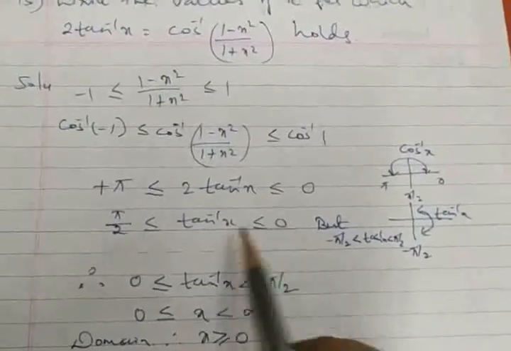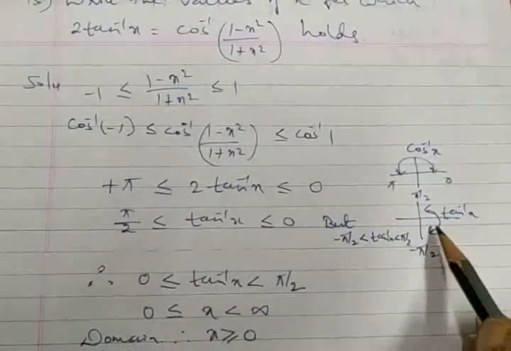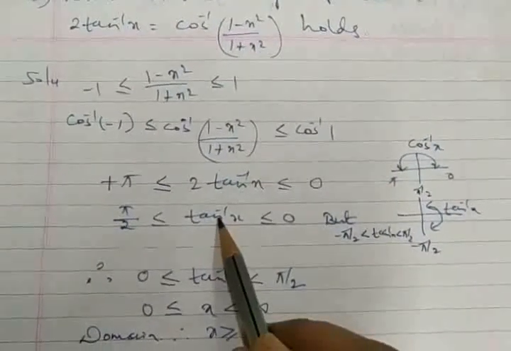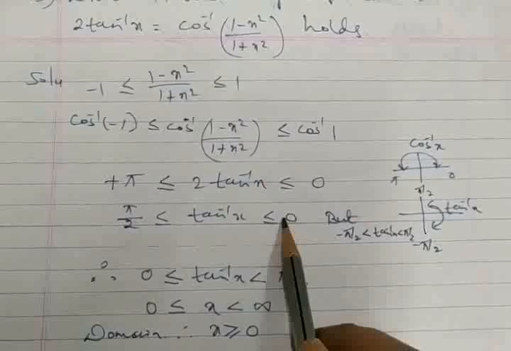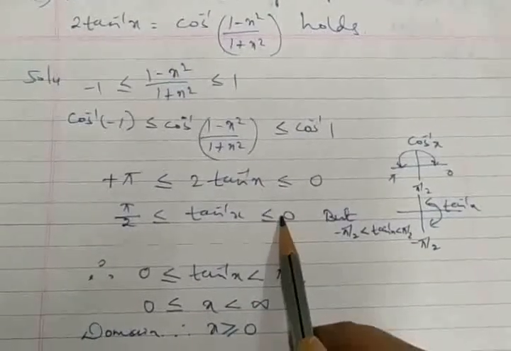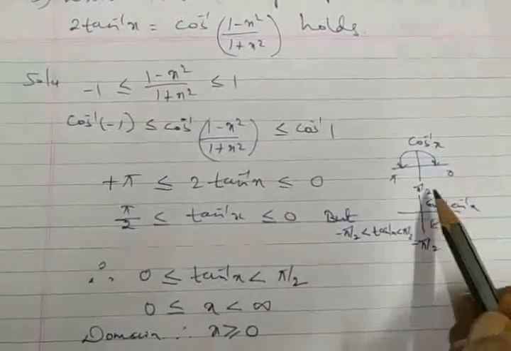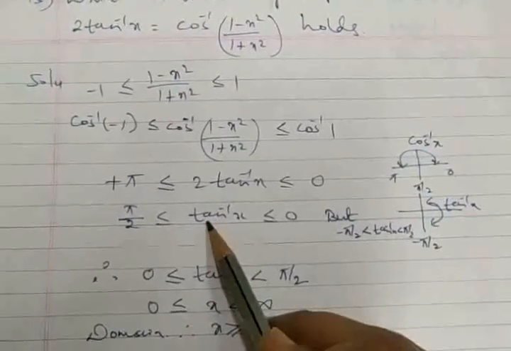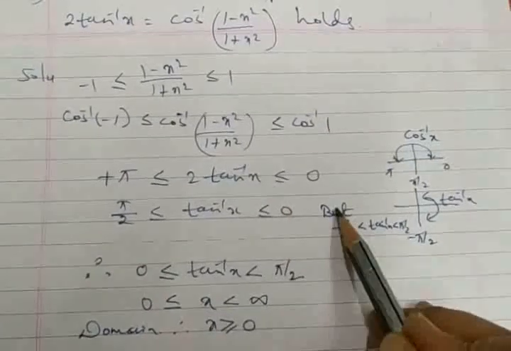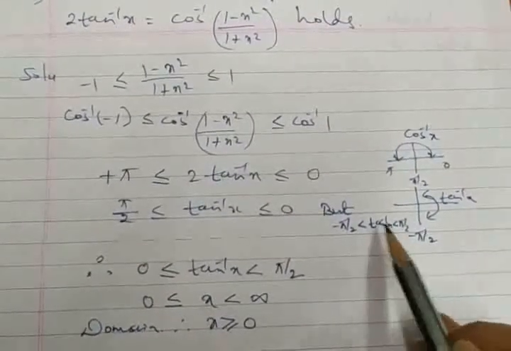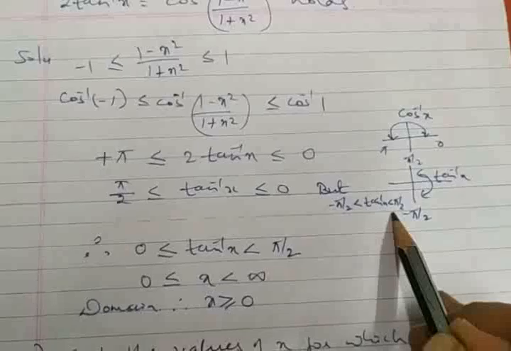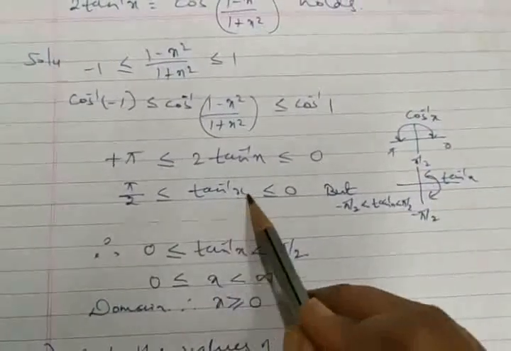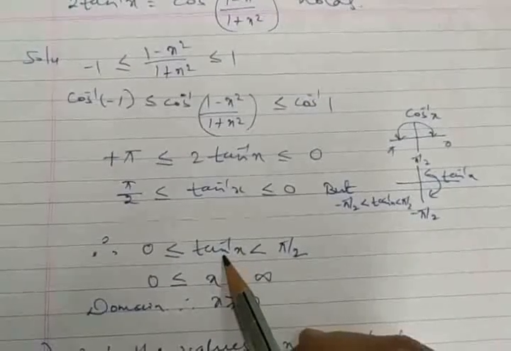But what I find here is that tan inverse x per the range is minus 90 to plus 90. But what they say here is that tan inverse x is lying between pi by 2 and 0. So pi by 2 is here and 0 is here, and tan inverse x lies in between. But we know that tan inverse x lies between minus 90 and plus 90. So what's the common domain here? The common domain should be between 0 and 90. This is the common domain, which you have to rewrite here in increasing order.